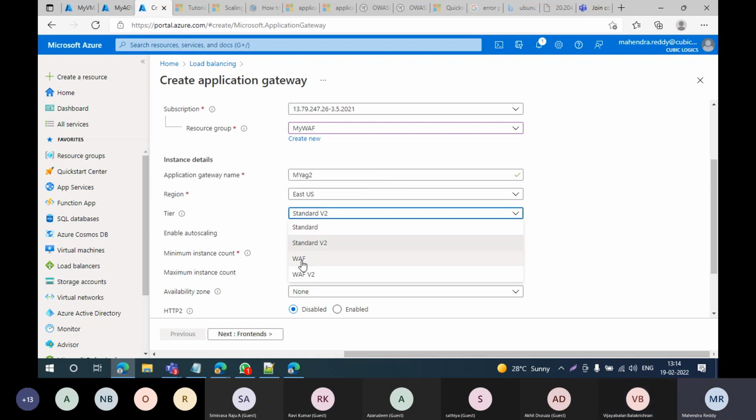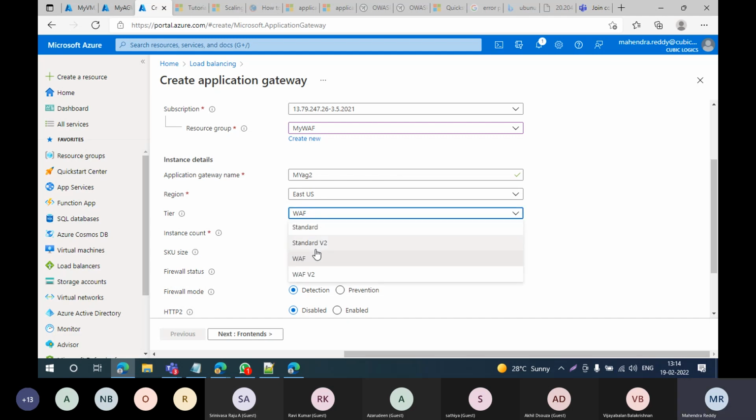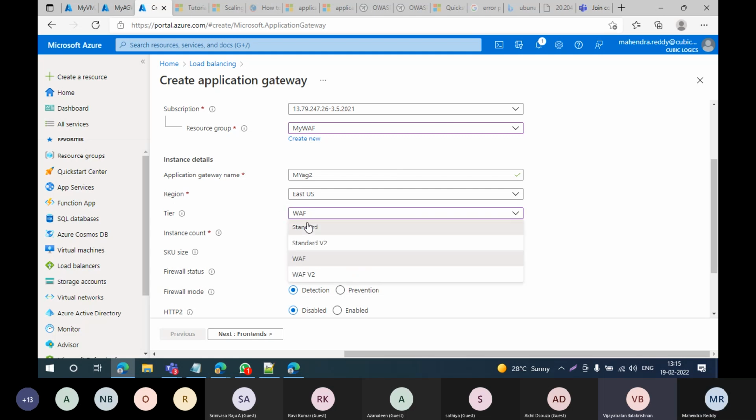Actually, WAF version 2 comes with high availability. Yes, exactly. That is why I'm saying if your production application is, for example, across 2 to 3 regions, or as per RPO and RTO you need high availability, then select version 2.